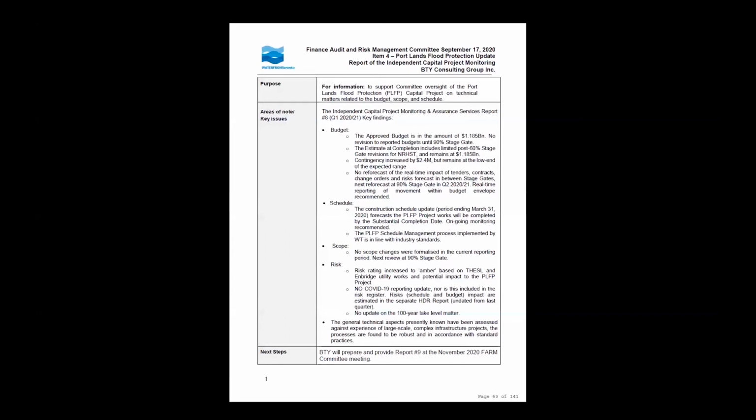Regarding the COVID risk, which obviously nobody can quantify at this time. Joanne, you noted in your report that there's been no allowance made within our budget for COVID, because we didn't know about it until earlier this year. Based on your experience and all the other large-scale complex infrastructure projects that your firm is working on,